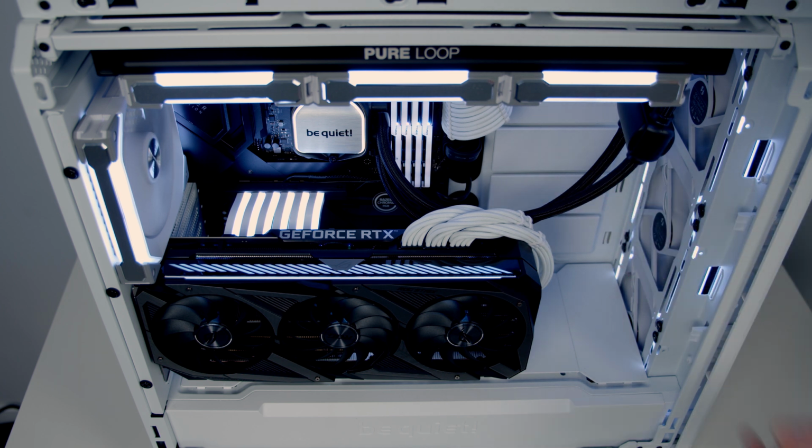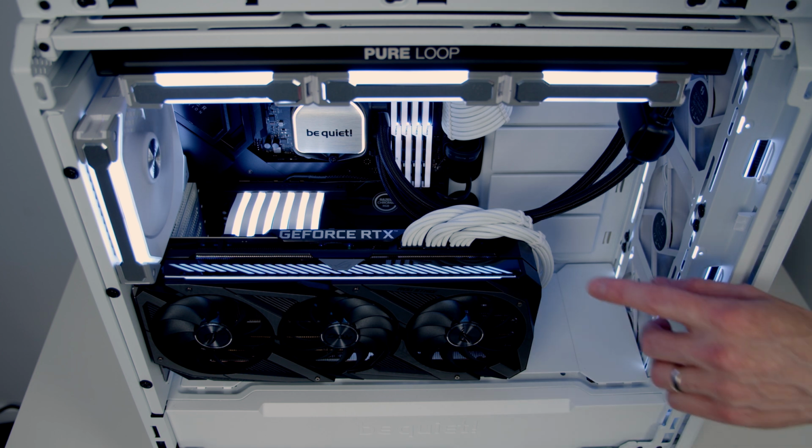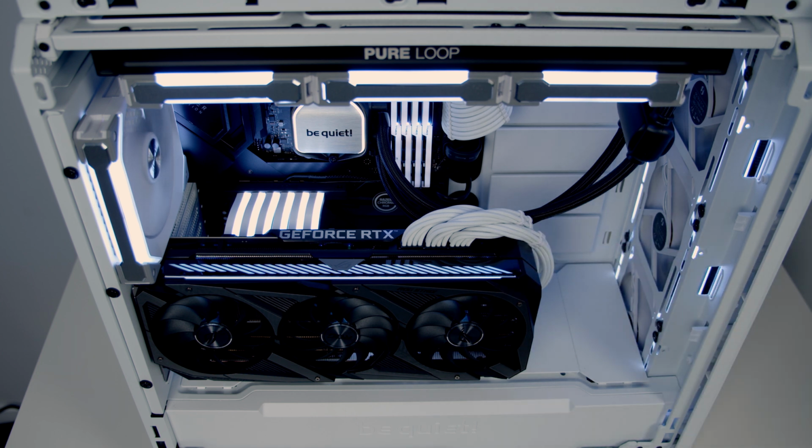Obviously there is an extra cost involved to buying the riser cable. And the other important thing to mention is you're going to have to run it in PCI-E Gen 3, even though your motherboard and your graphics card can support Gen 4. So this might be the only situation where you add extra RGB into your build, but you don't get any extra frames per second. So I think to sum up, I am fairly impressed with AZZA's new RGB riser cable,